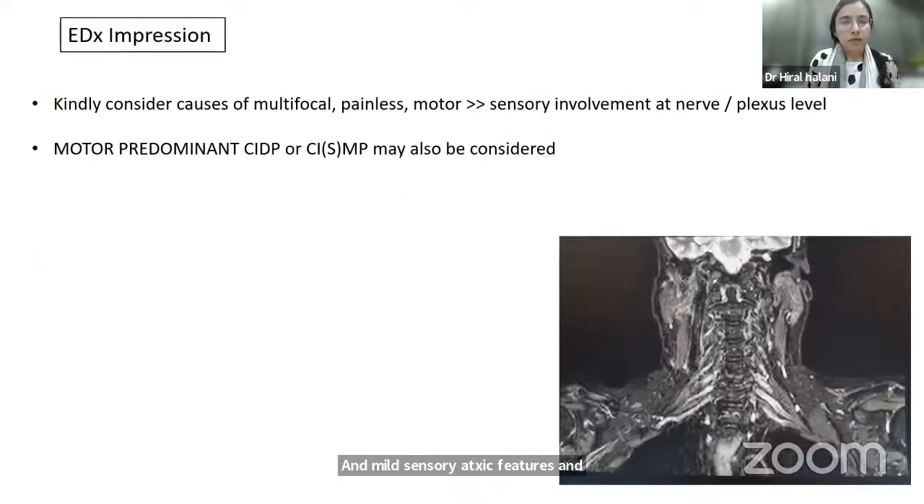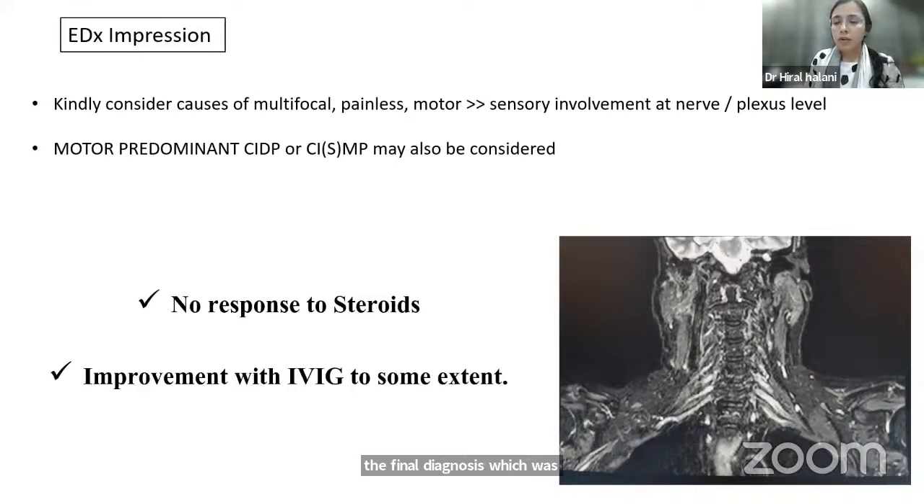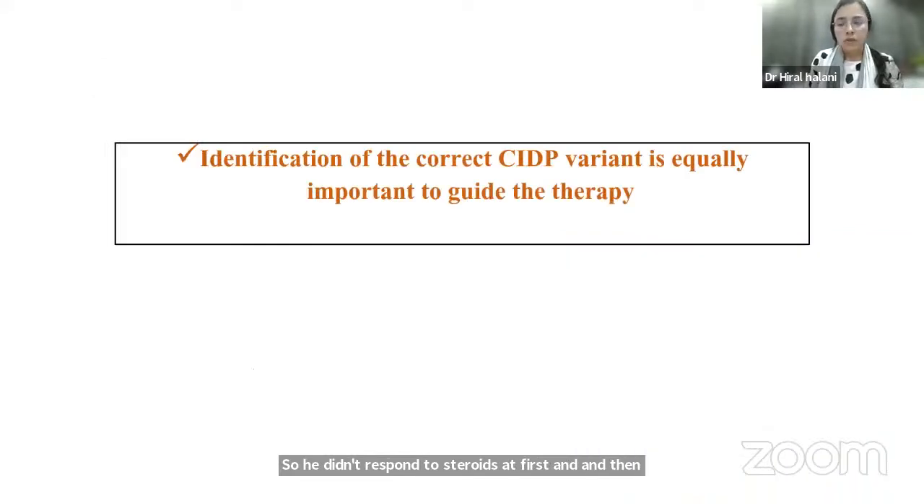We went ahead with electrophysiology, which gave us the final diagnosis, which was motor predominant CIDP, and MR neurography also showed the compatible thickening of the nerve roots and at the plexus level. So he didn't respond to steroids at first and then improved with IVIG to some extent. So this case emphasizes that not just the CIDP diagnosis, but even the identification of the correct variant is equally important